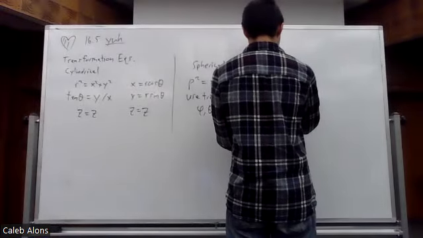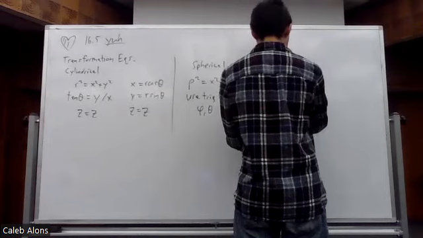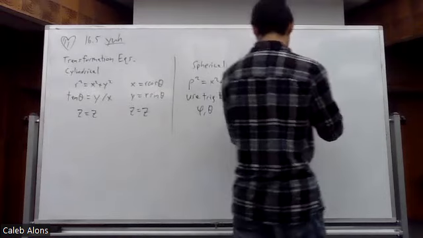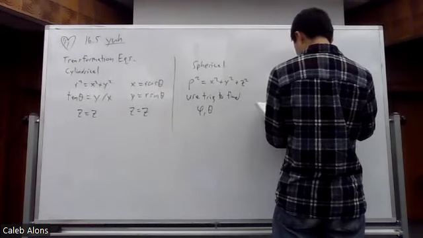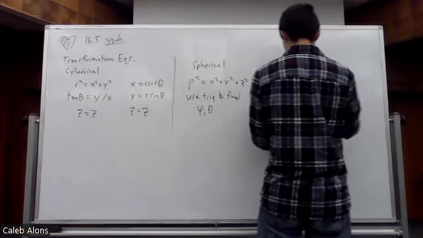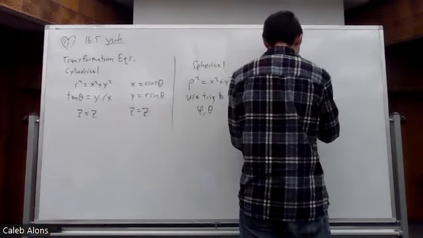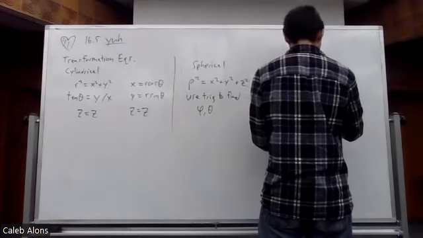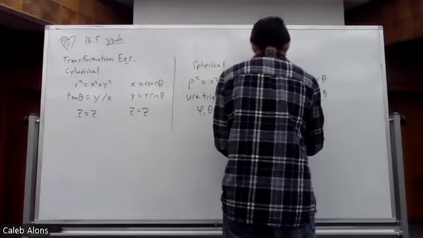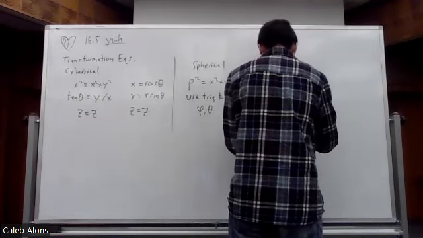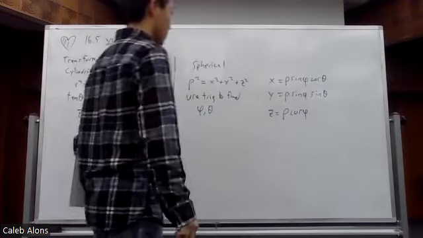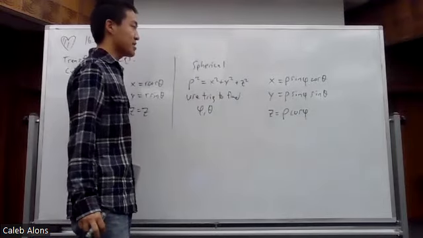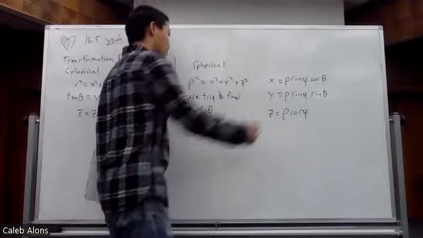Now x, I'm just going to write these down and then I'm going to show you the pattern, because I think that's going to be the most effective. So x is rho sine phi cosine theta. y is rho sine phi sine theta. And z is rho cosine phi. Okay, so when you're memorizing stuff and then suddenly there's just a bunch of garbage, that's not a lot of